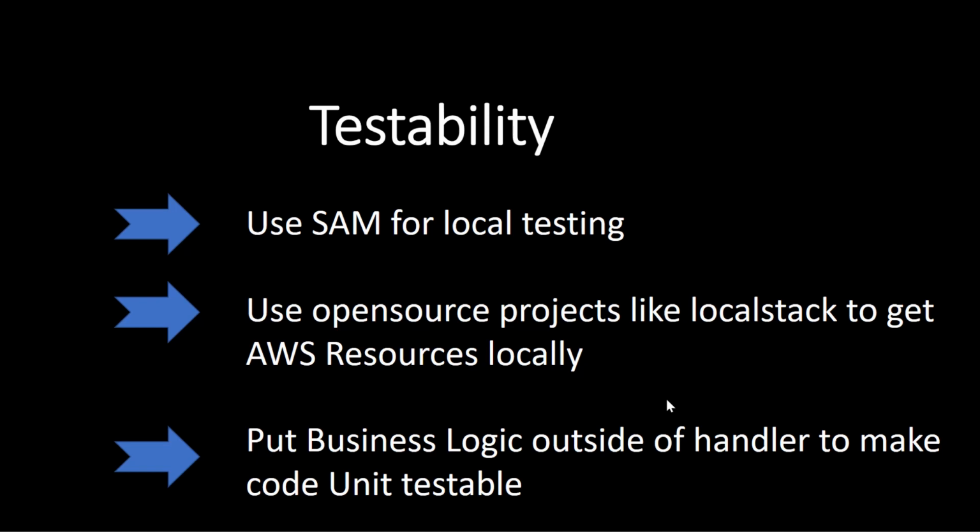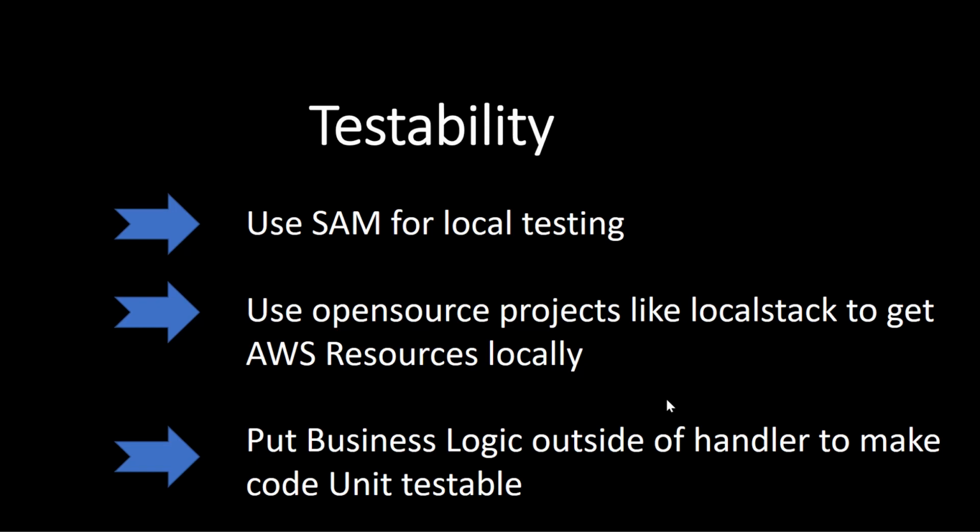For example, if I'm using the S3 objects in my Lambda function, and then I need to mock all those S3 connection objects or S3 events to test it. To avoid that, try to separate your function logic, your business logic, and put it outside your handler. For example, if you have Node.js code, you can write a separate function.js which will have your whole functional logic, and you can import that in your index.js, which would be your main.js file, and then call that